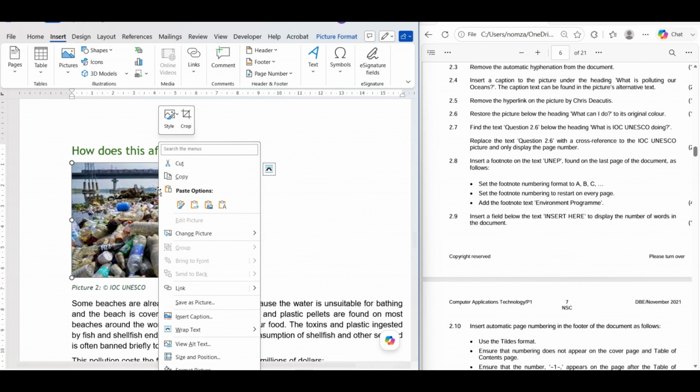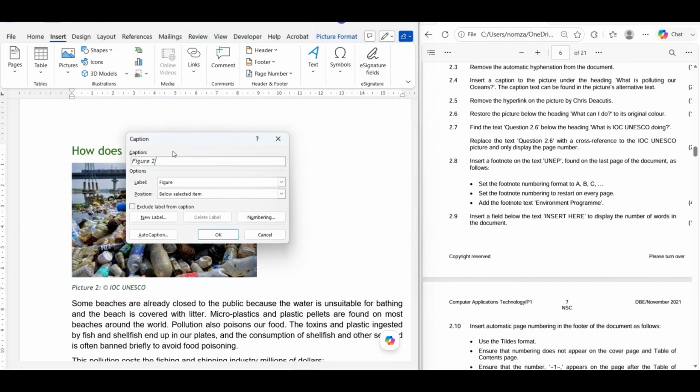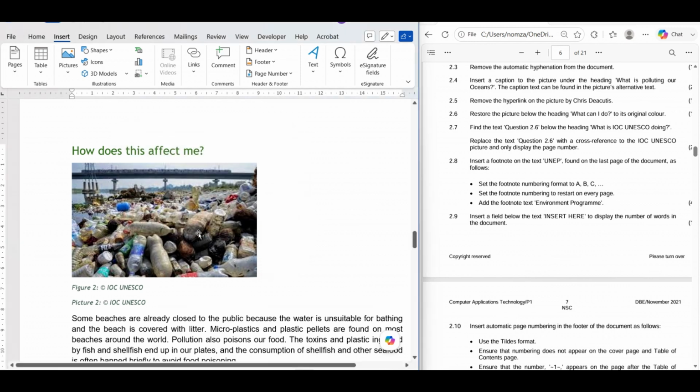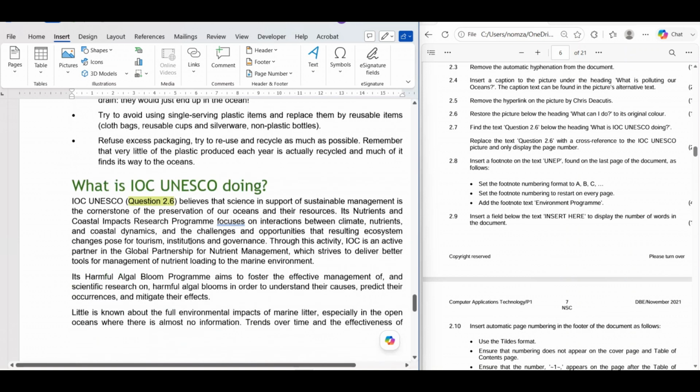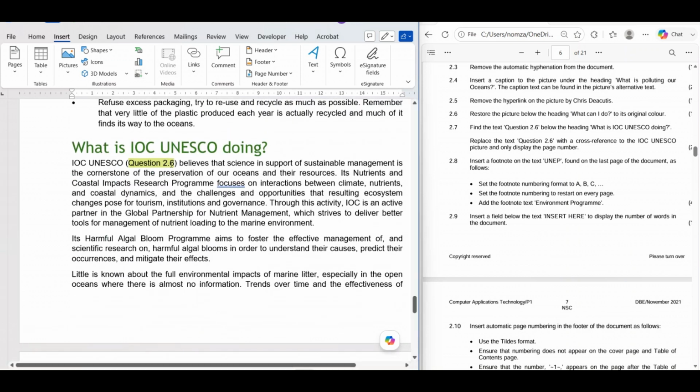right click on the image, insert caption, and then we're going to say OK. As you can see, our caption has been inserted. Just delete the one that they have, and then now we're going to go back to create our cross-reference. Select